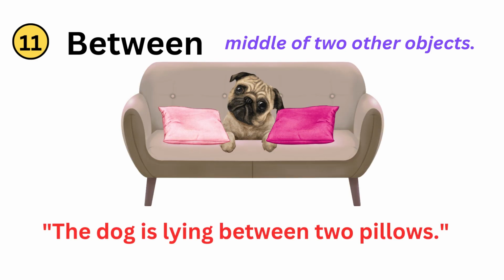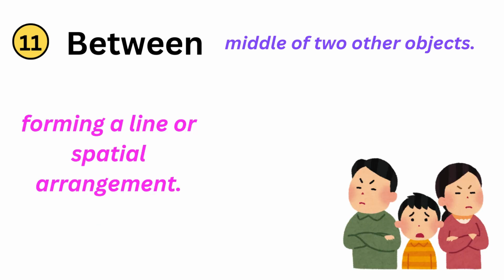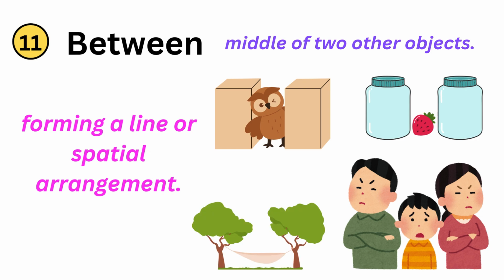For example, the dog is lying between two pillows. Between is used because the dog is positioned in the middle with a pillow on each side. This preposition shows that the dog is flanked by two objects, creating a position exactly in the center of the two pillows. Use between when an object or person is flanked by two other objects or people, forming a line